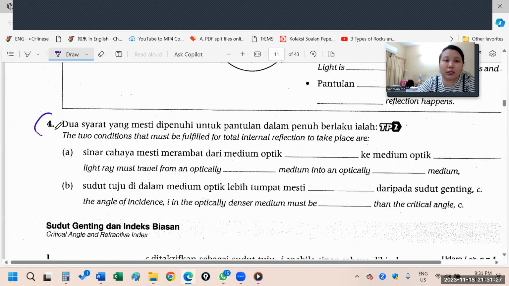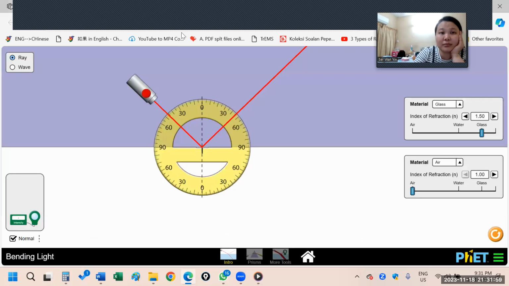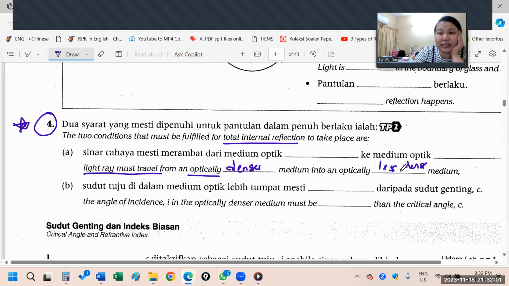Okay, so the two conditions here are a must to memorize. The two conditions that must be fulfilled for total internal reflection. Number one, the light ray must travel from an optically denser medium to an optically less dense medium. See, the light comes from glass, the denser medium, to the less dense medium, and the incident angle I must be bigger